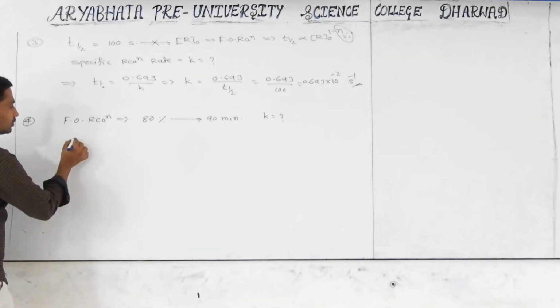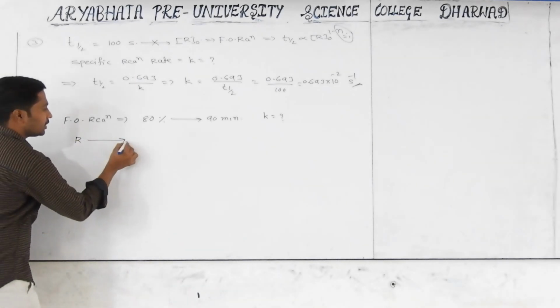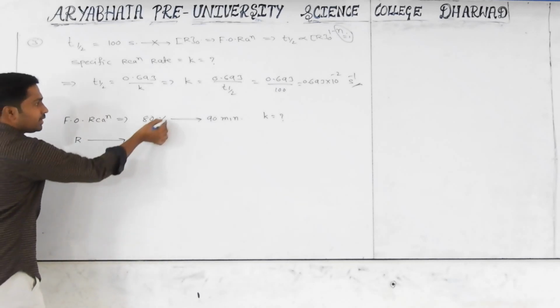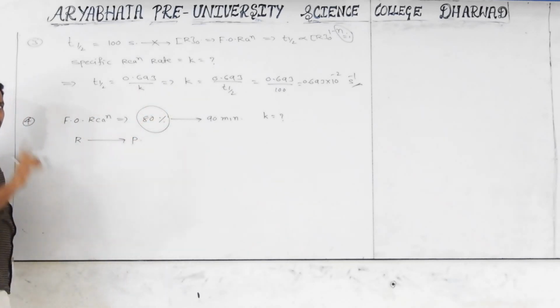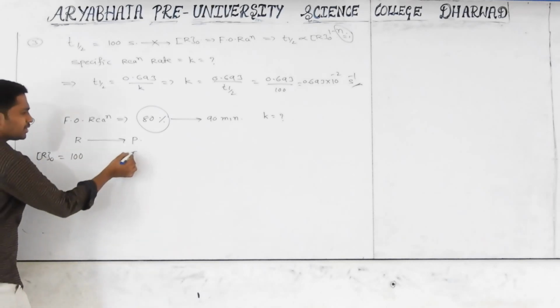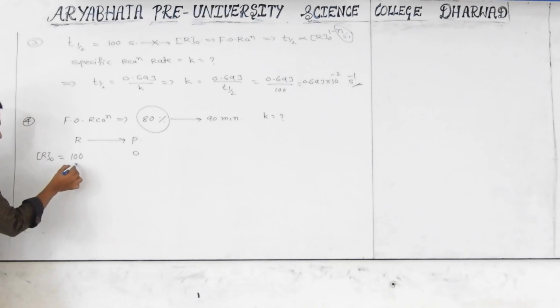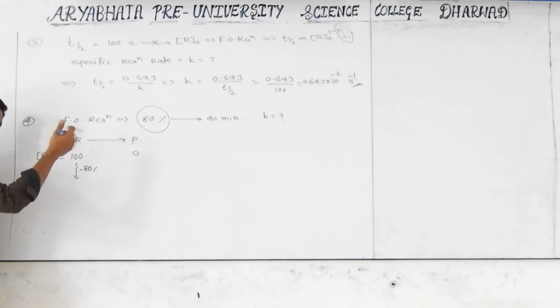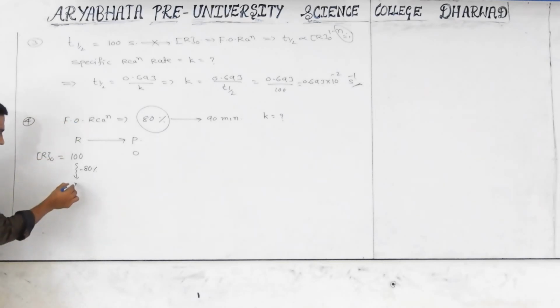Okay, for this you have to take the reactant converting into products. Whenever a percentage related problem is given, you have to take the initial concentration of reactant as 100. Product will be 0. But how much is the completed amount? 80% is completed. 80% completed means converted into product. Remaining is how much? 20. Very good. It is nothing but the final concentration of the reactant.